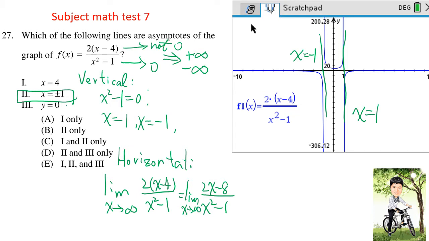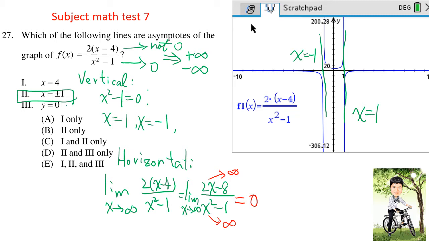The degree of the upper term is smaller than the degree of the lower term. Therefore, as x goes to infinity, it approaches 0, because when up and down go to infinity, the upper